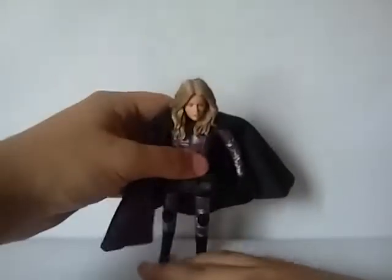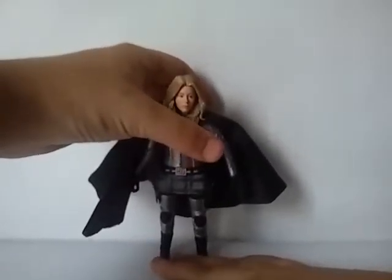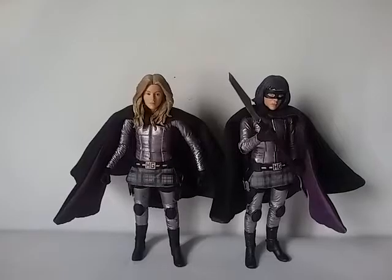Now let's compare her to a couple other figures from the wave. After I can get her to stand. Hold on a second. Alright guys, so here she is next to the masked Hit Girl. It's wearing the purple wig and the mask and everything. So, which one of these do I prefer better, you ask? Probably the masked one. I like them both, but just the masked one is probably...